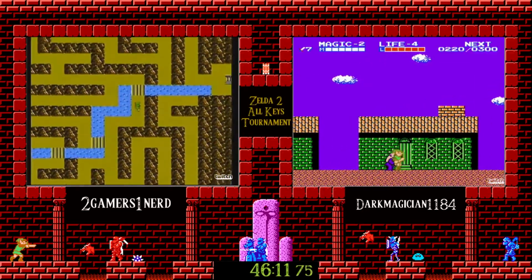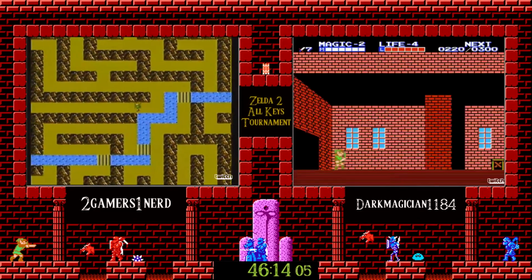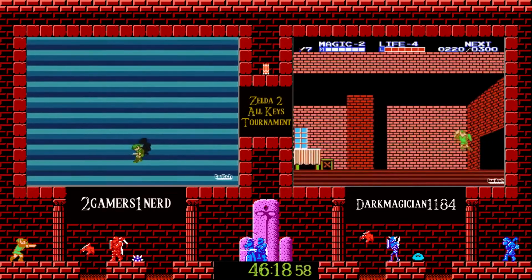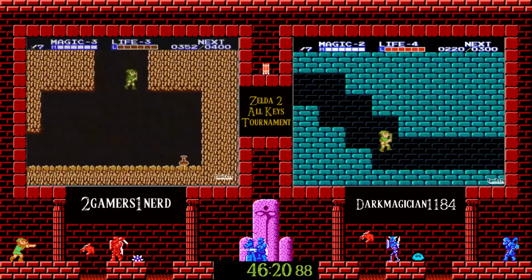The spell in this town is Reflect, like I said before. Dark Magician is on his way to get it right now. Get the kid you saved from Maze Island for the Reflect spell, and that is required to beat the boss